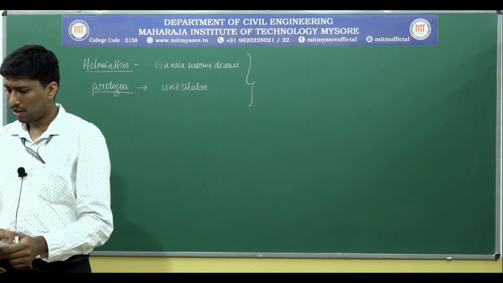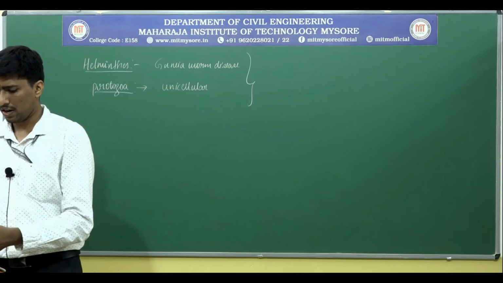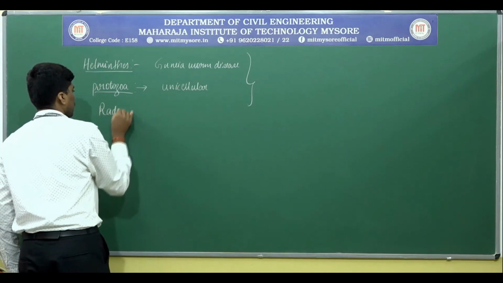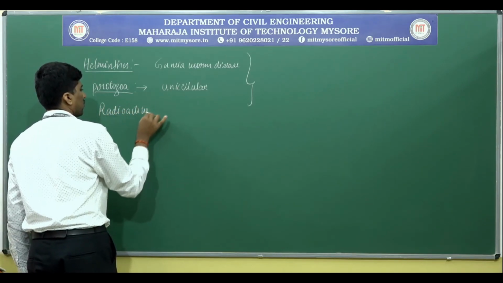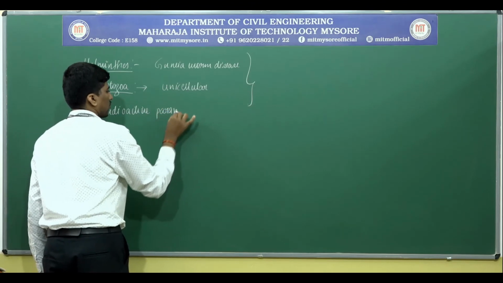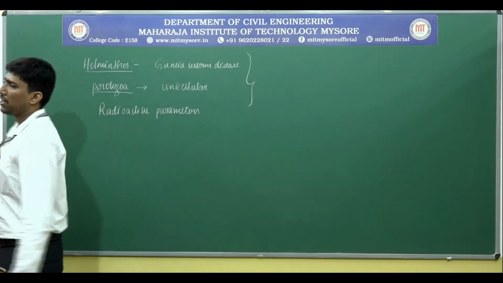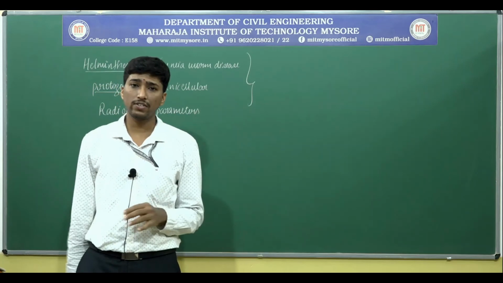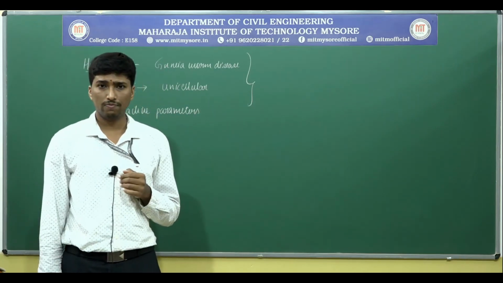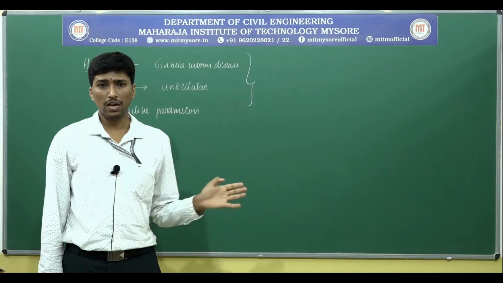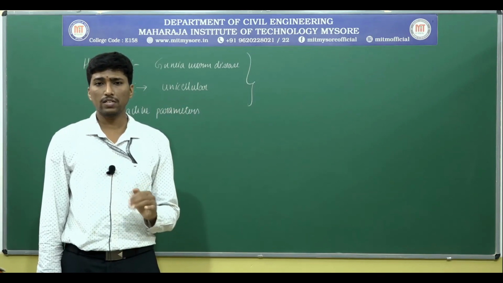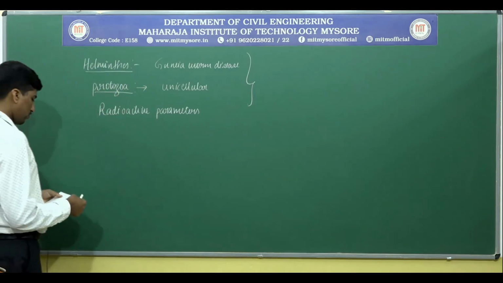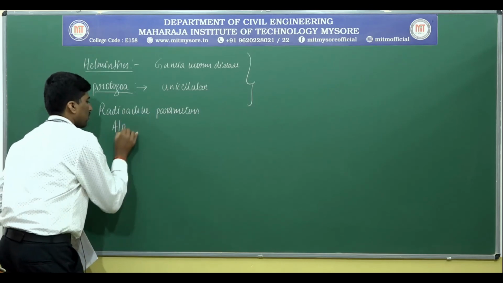Mainly the radioactive elements, we call them radioactive parameters of the materials. You might have known that the phenomenon of spontaneous disintegration of unstable atomic nuclei with the emission of radiations, that phenomenon we call radioactivity. Whatever the elements starting from 85 to 92 or more than that, we call them radioactive elements. Okay, they emit different radiations. What are those? Mainly alpha emitters,